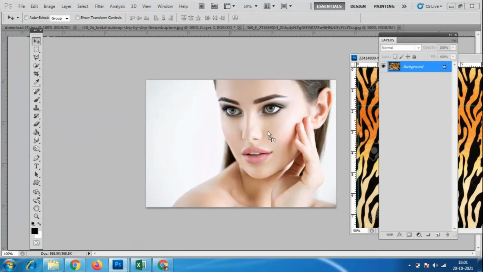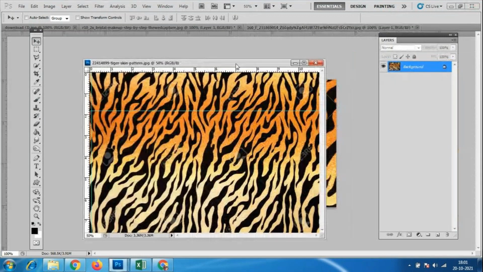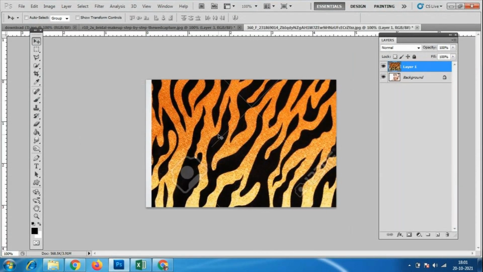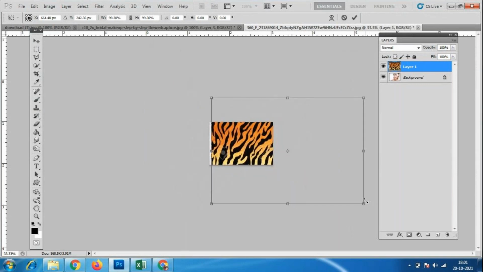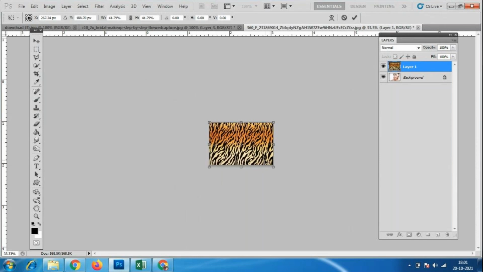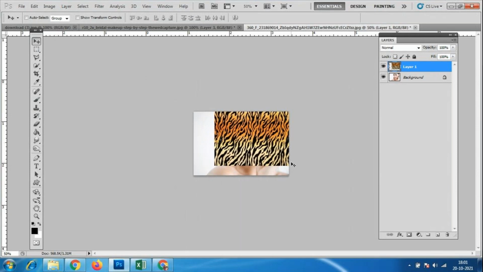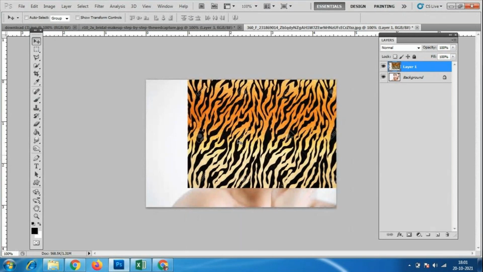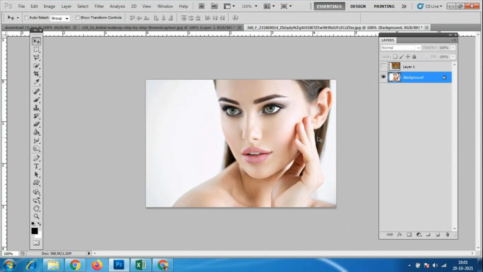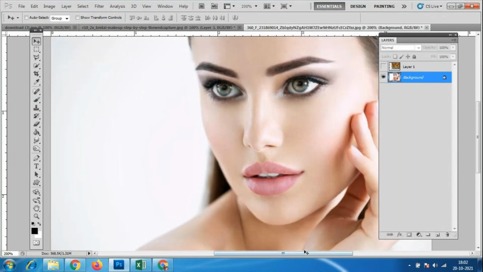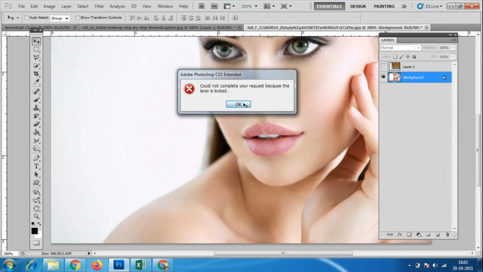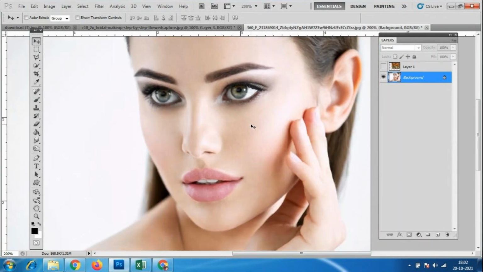I'll just take it like this, and everybody should do the compulsory assignment for this control manage. Sometimes when you take the texture in good quality, it will become very big. Okay, so like this, control plus. So now the complete face I'm applying. So what I will do, I'll go here with the polygonal lasso tool.